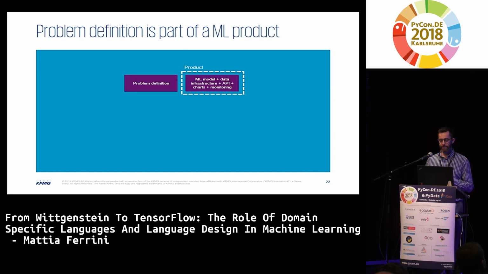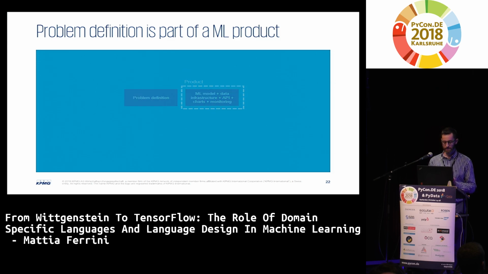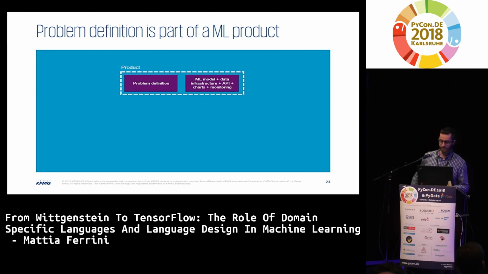Now, very often we think that the work of a data scientist is: we define a problem, and then we build a product, where the product is the machine learning model, data infrastructure, the APIs, charting, data visualization, monitoring, etc. But in reality, our product is the problem definition itself, or a problem definition is part of a product,